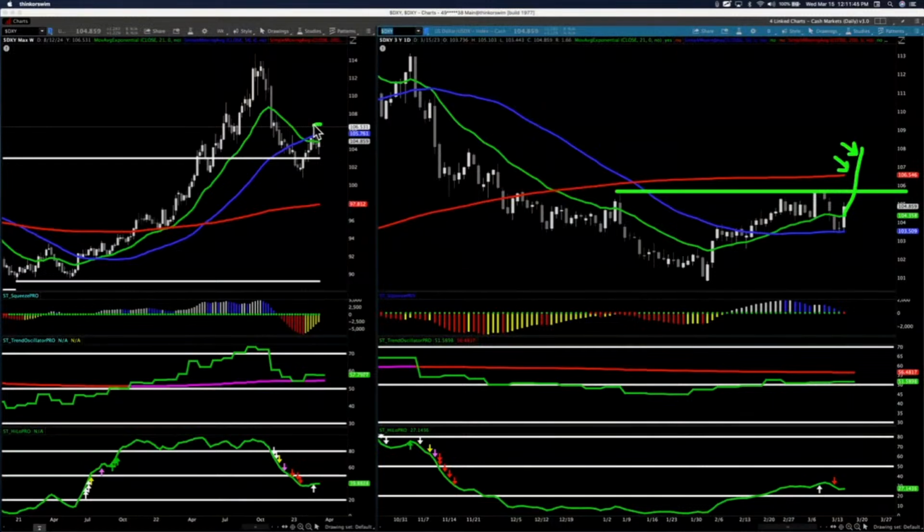Same thing over here, right? You see how it's gone into a sideways phase. But technically, at least based on the trend oscillator, it's actually still in trend. You have thrust. This is very likely to go back higher. It would make more sense than going lower, certainly. And then at that point, you would start using the 21 again as support.